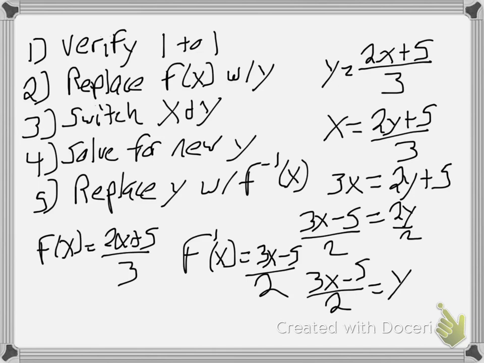Take a look at this function. It should also be 1 to 1. Domain's definitely positive infinity and negative infinity, and so is the range. So we're golden. Okay? So let's take a look at number 3. Okay? We have to find the inverse of